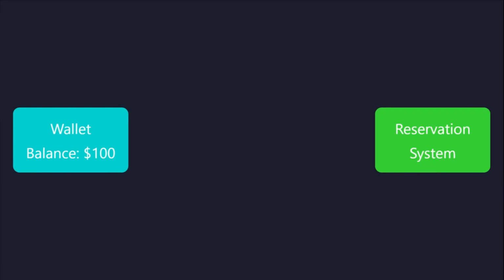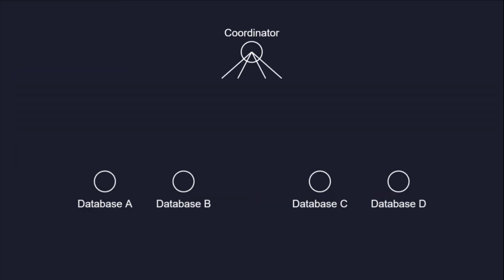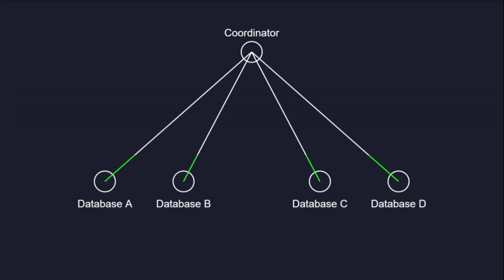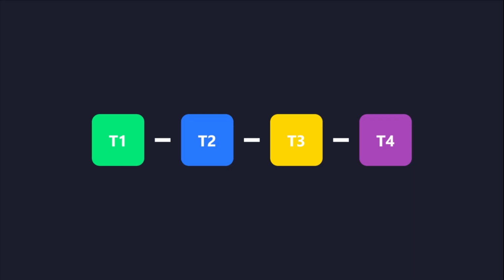A user clicks buy, the money leaves the wallet, but the seat reservation fails, leaving the system in a broken state. Traditional two-phase commit protocols create performance bottlenecks by locking resources across multiple databases until every node acknowledges the transaction. Horizontal scaling requires discarding strict atomic transactions for the Saga pattern, which manages consistency through a sequence of independent local